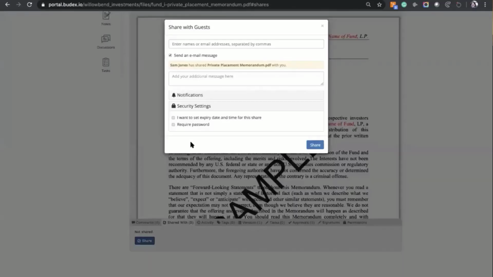Now, when I come to share, I can actually type in the email address for the person. This is, mind you, a sharing with guests. So guests themselves are not members of Clinked. If they were members of Clinked, you could just comment to them. You could make sure that it's shared with them specifically, and then they get notifications for it based upon their permissions. However, in this case, I know I'm not actually set up as a member,